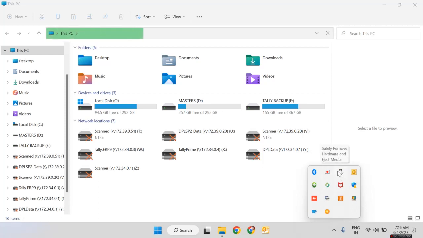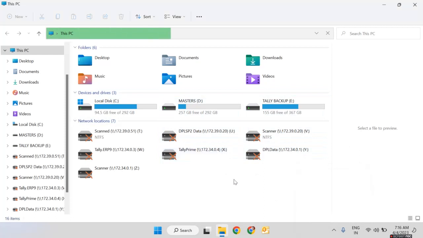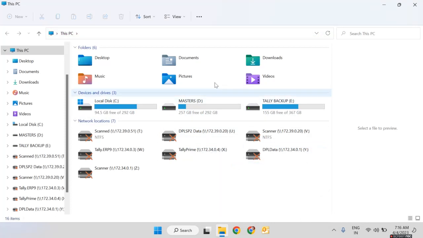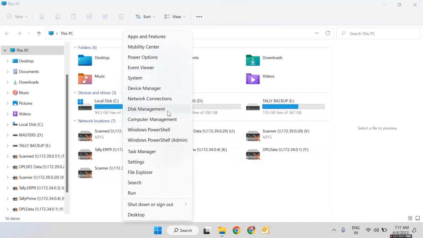So as you can see, I have inserted a pen drive in the PC, but that pen drive is not visible here in our Explorer, right? So for that, I can show you that I have inserted it. When I go to Disk Management,